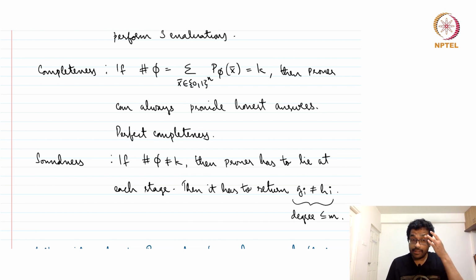And the point here is that at each stage he is providing an entire polynomial and not just two values. So in the earlier attempt we saw that if he provides two values, it is easy to slip away and the verifier not being able to catch the prover. But when you are providing the entire polynomial, he is likely to be wrong in most of the values. So it's a very, very good chance that the verifier will go to a point where the prover